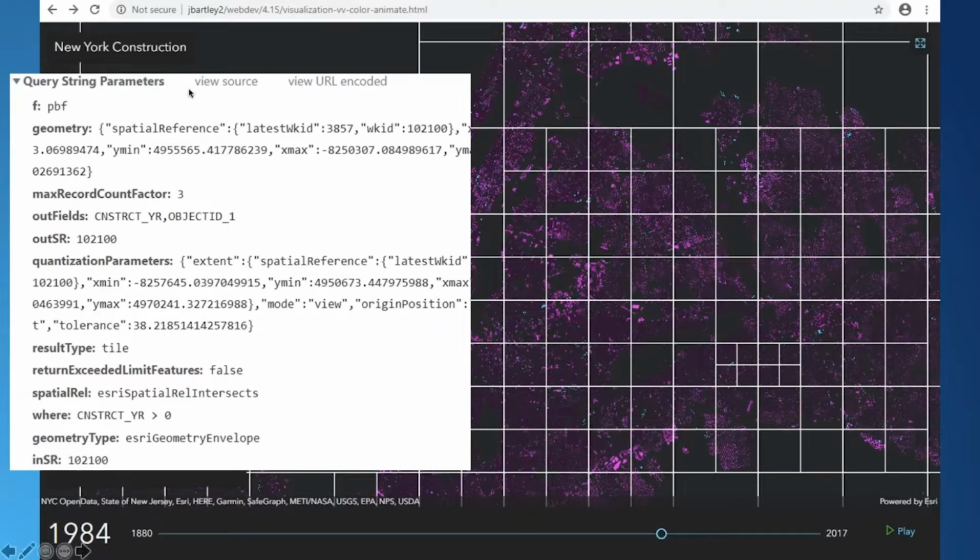I also want to call attention to this outFields property here. This layer could have many attributes, up to say 50 attributes. So depending on the number of attributes that are available or that are needed for rendering, the JavaScript API will